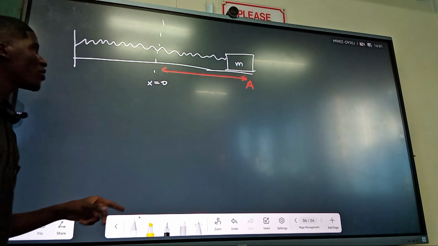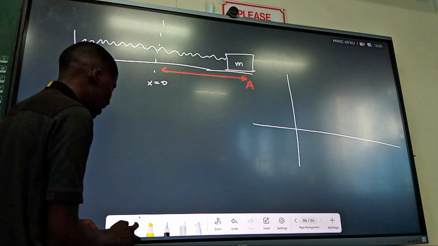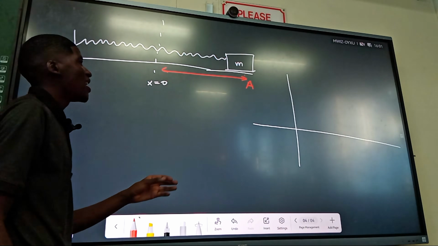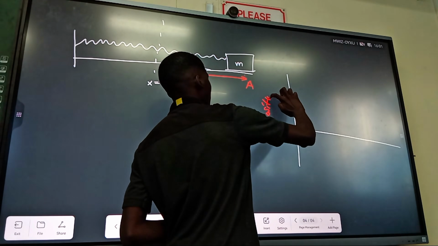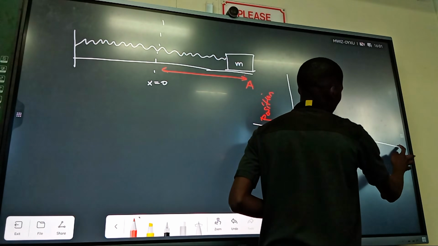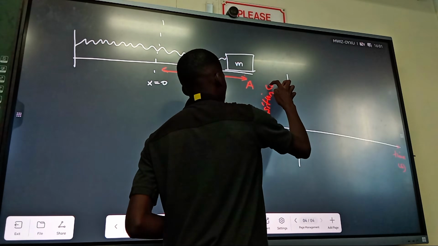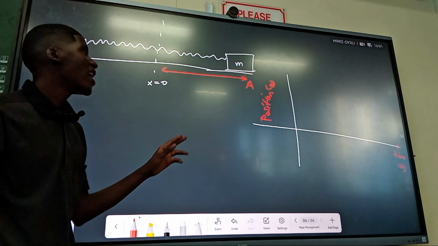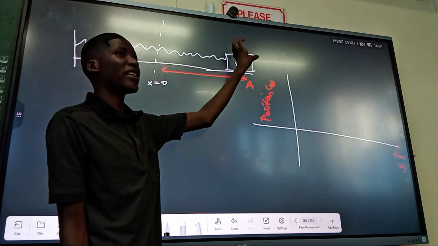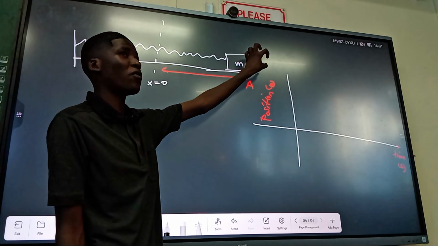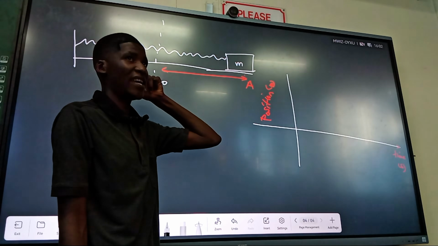And then we represent the harmonic motion on a cosine graph. If we use a cosine graph to describe it, this will be your position here, and this will be your time in seconds. So this is position in meters, and this is time in seconds. I'm sure at the moment when you release the block, you have pulled the block from the equilibrium position. So once released, it will start moving back.